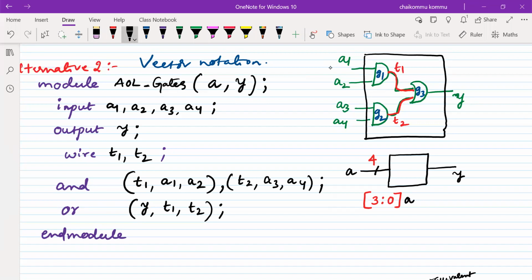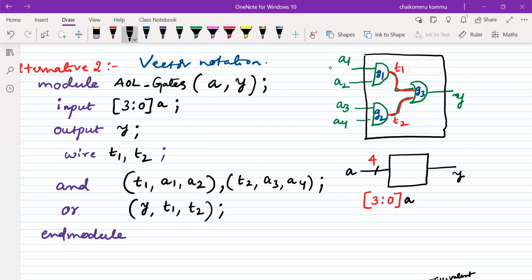Inputs A1, A2, A3 are mentioned by using 3 down to 0 of A. This is how we have to call it: 3 down to 0 of A. That's what we need to mention. Output is a single line, written the same way.